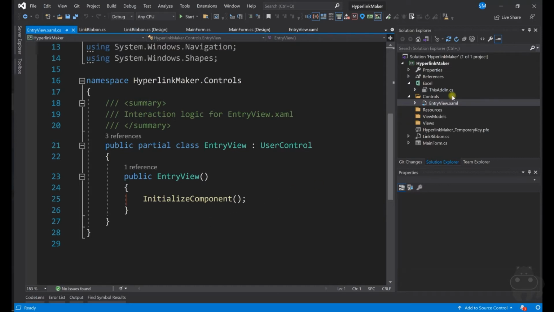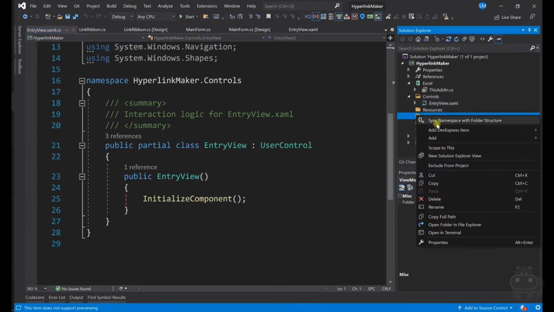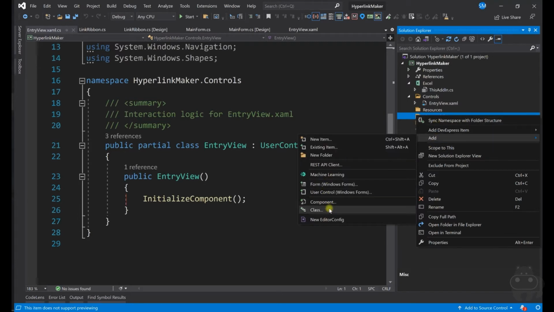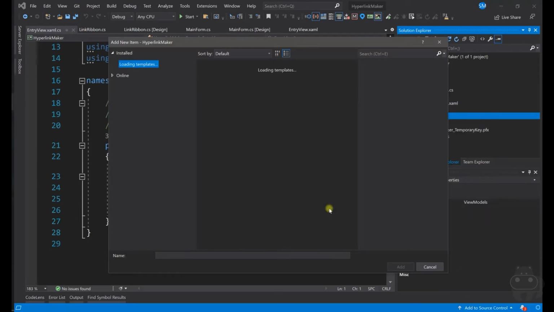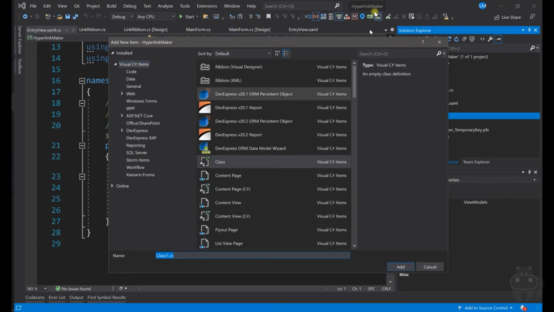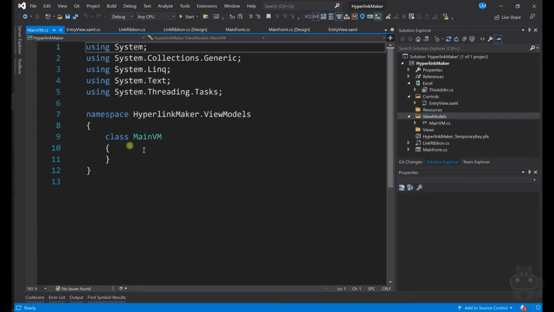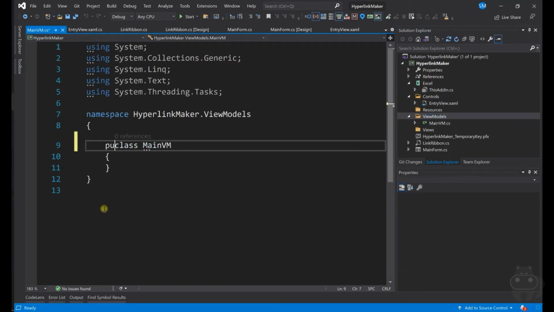So that being said, we need a view model. MVVM, as the name stands for, is model view model. So let's add a class and call this main view model. You can name it anything you want. So let it be here, public class MainViewModel. We will come back to this because this is the main idea behind the MVVM approach.